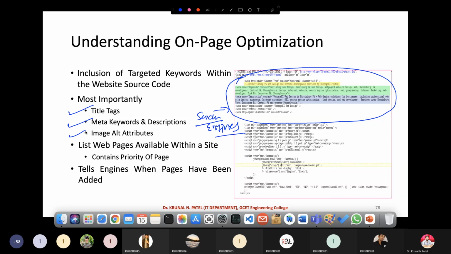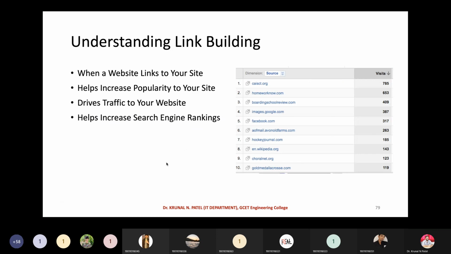Then put a list of the web pages available within a site, priority based. If you frequently update your website, notify that to the search engines. These are the possible ways you have to follow for search engine optimization.